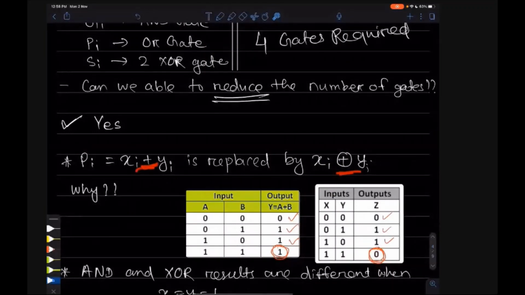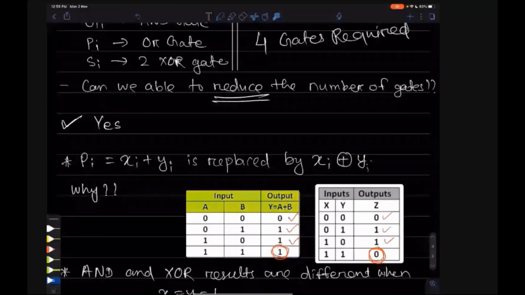What is the difference between XOR and OR gate? If you can see, this is the OR and this is XOR. The first 3 inputs are the same in XOR and OR. The only difference is that the last output is different.